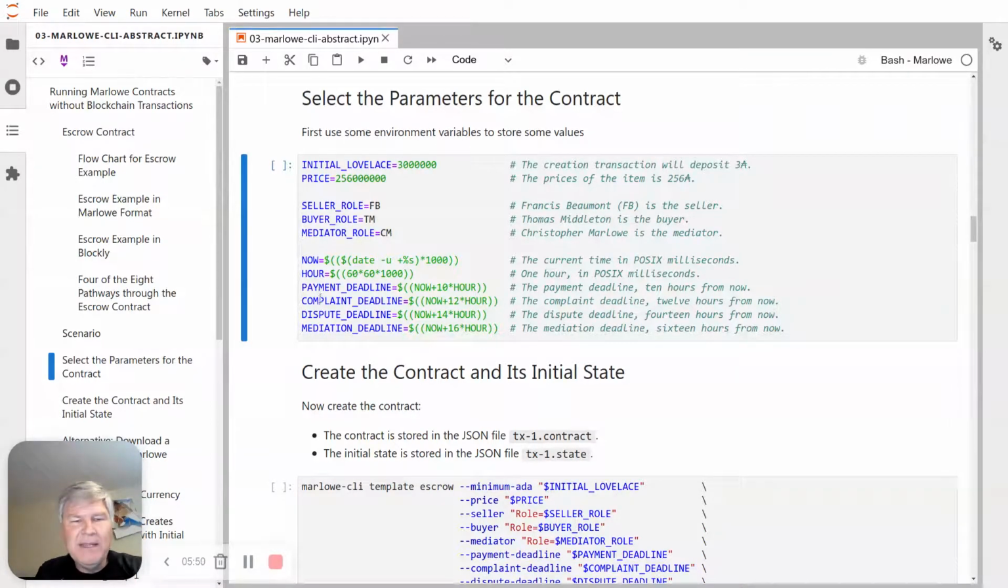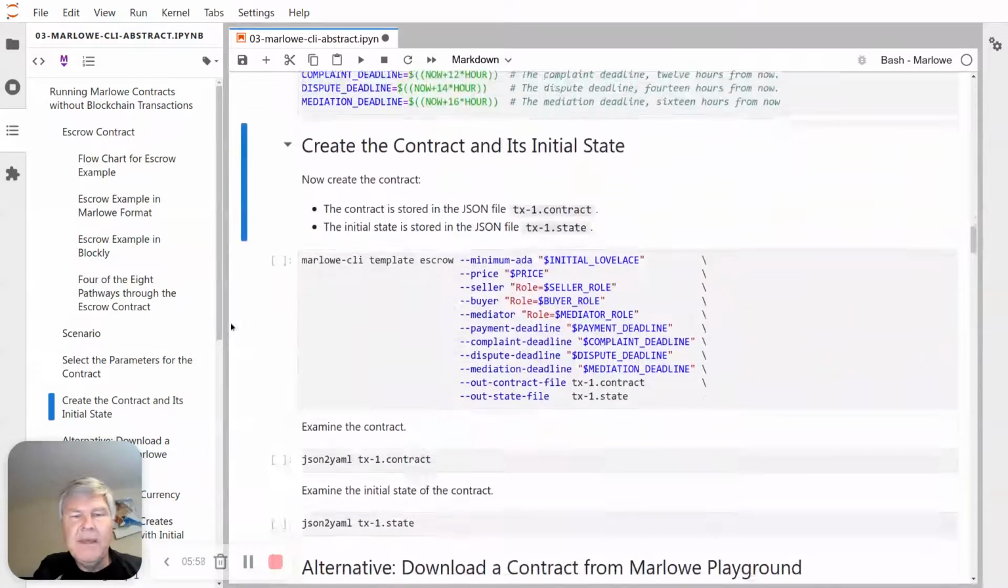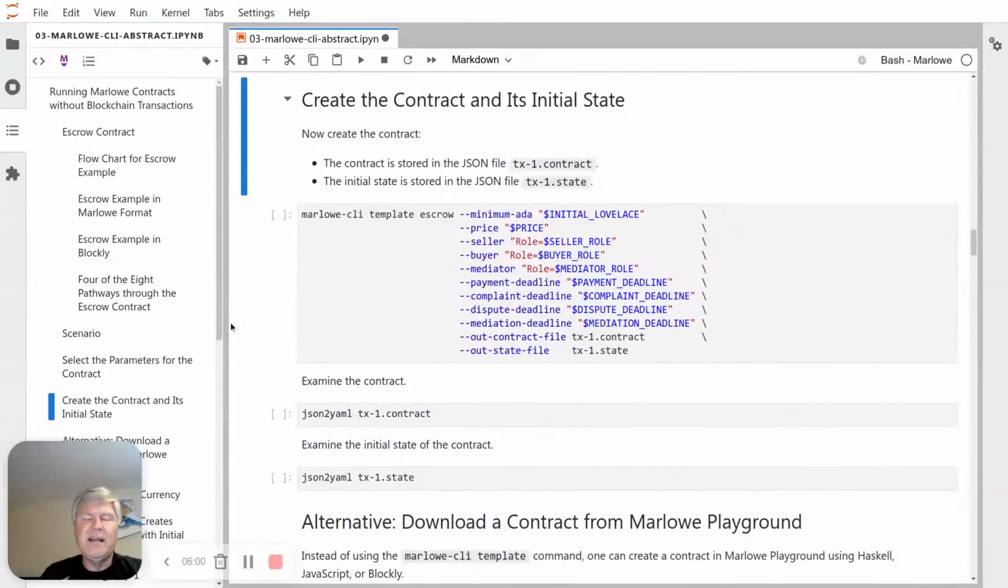So we have a payment deadline, a complaint deadline, a dispute deadline, and a mediation deadline. So we're going to set these variables, and we have to create the initial state of the contract. And the contract, we're going to store it in a file called tx1.contract, and its state, which is the initial state,